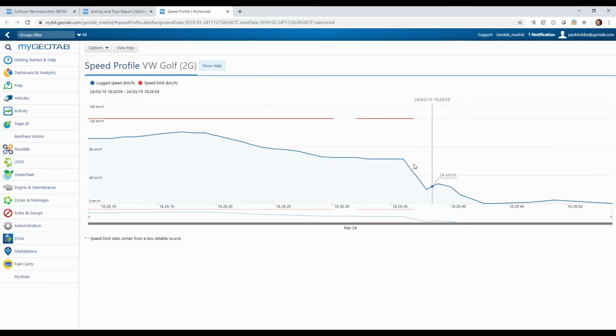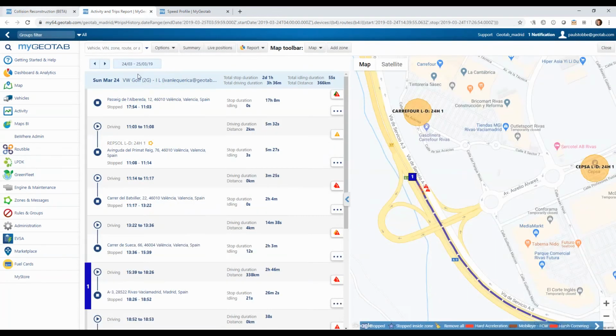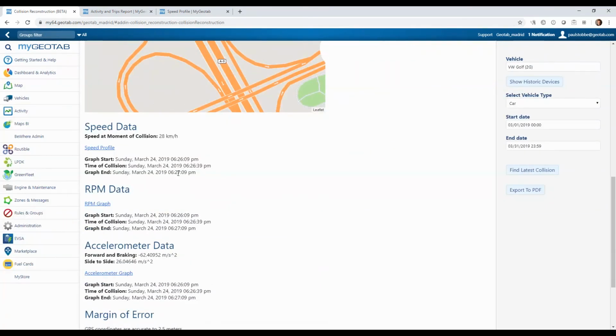So the car was driving, and something happened here while it was slowing down, and then weirdly it was accelerating again. And then it came to a stop. So why did this happen? We could investigate further when we look into the